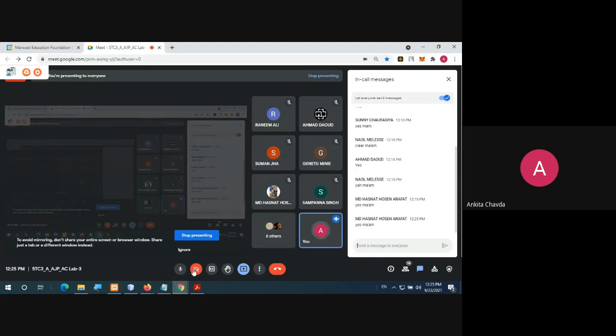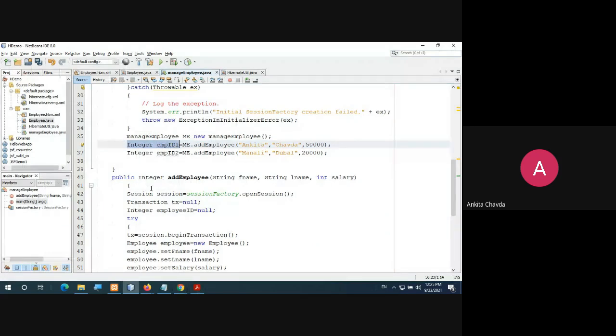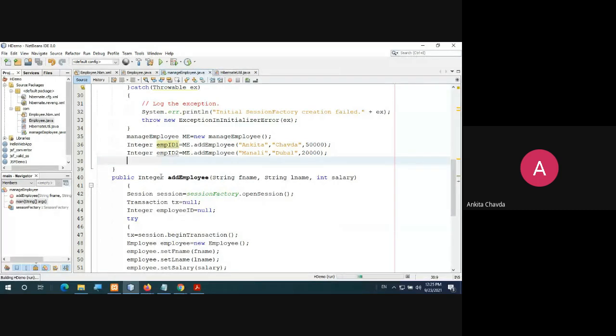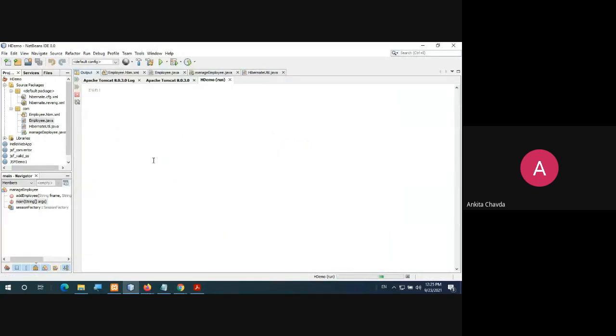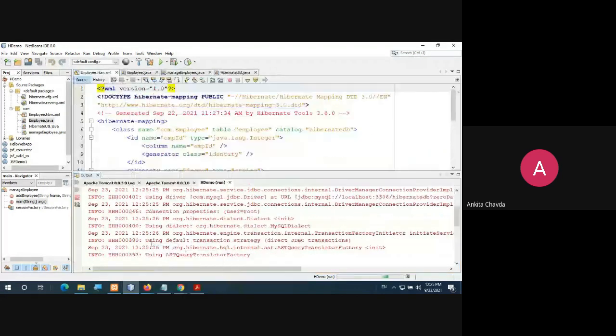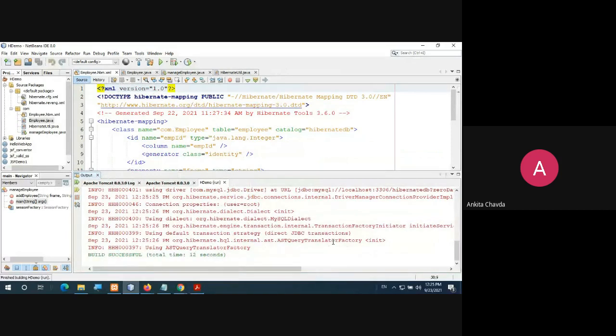Okay. Now let's check whether it's working or not. So we will simply run this file, ManageEmployee.java, because it has public static void main. Okay.